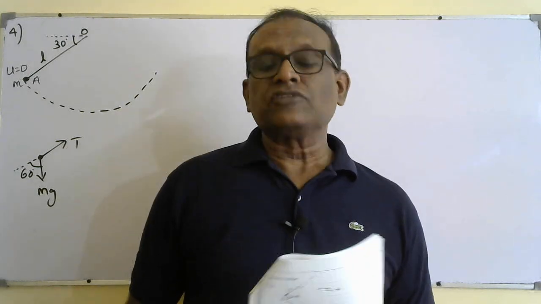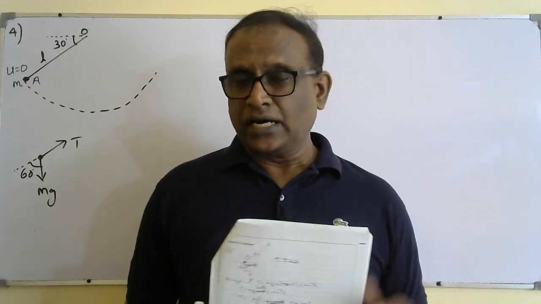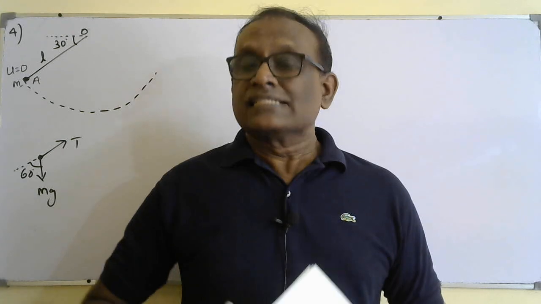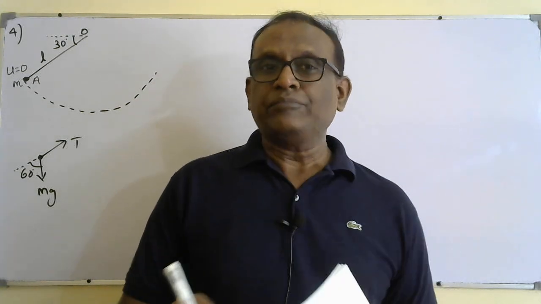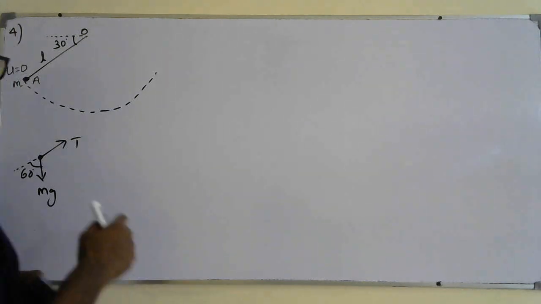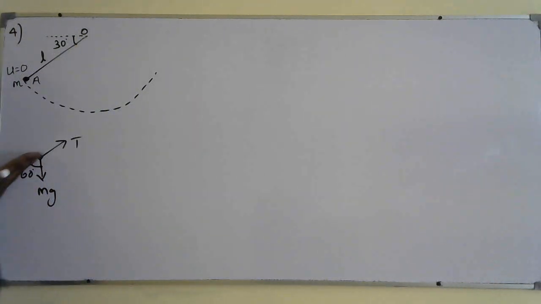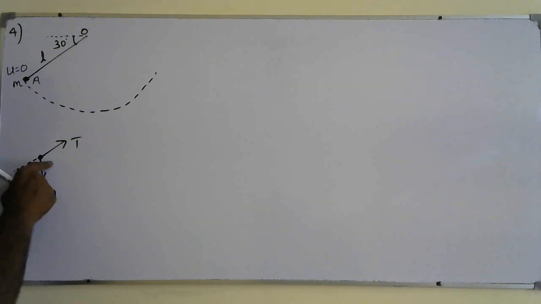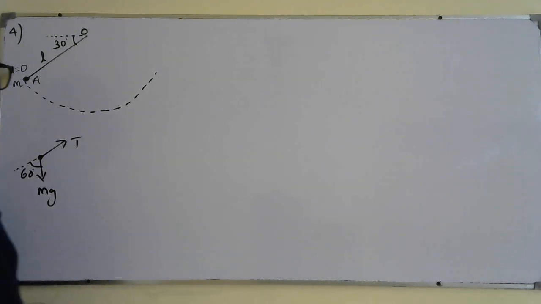We know the resultant force towards the center of the circular path is defined as centripetal force, which is given as mv squared over r, or m r omega squared. So the center of the circular path is O, so along that line tension is acting. We need to find the resultant force acting on the particle towards the center of the circular path, that is